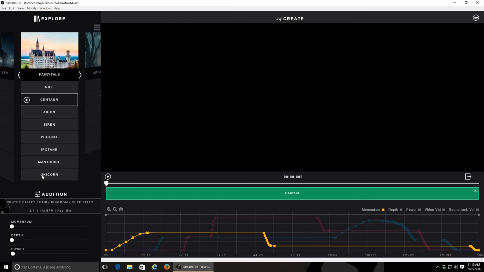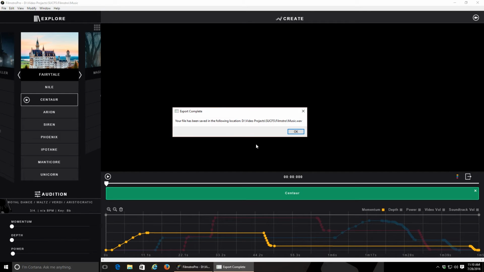So I'm going to click export. Filmstro is going to do its little wiki voodoo magic, and in a few seconds you get this pop-up that says your file has been saved and is in the following location,